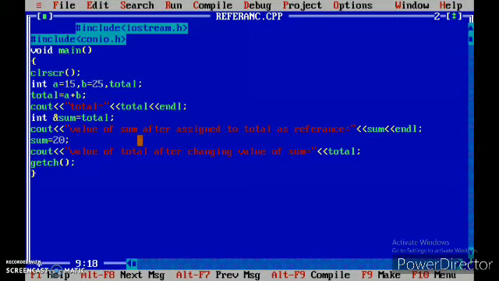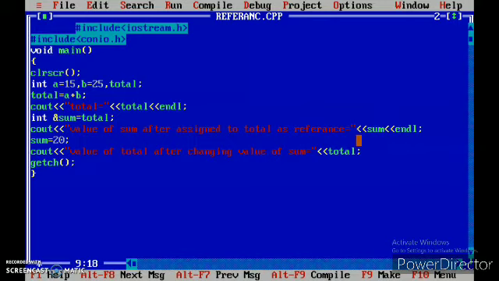So in the next line, we display the value of sum after assigning it to total as a reference. That means the total variable is assigned a reference name, and then we are using that reference name to display the answer of addition. That is, we are using the sum variable.